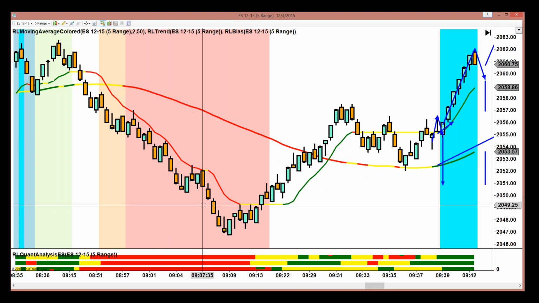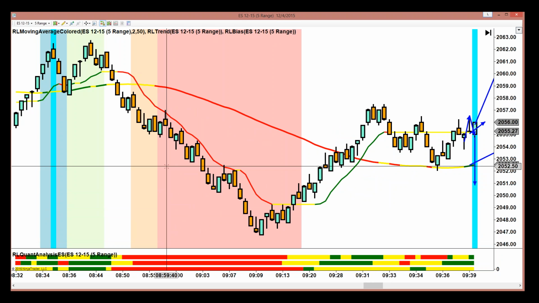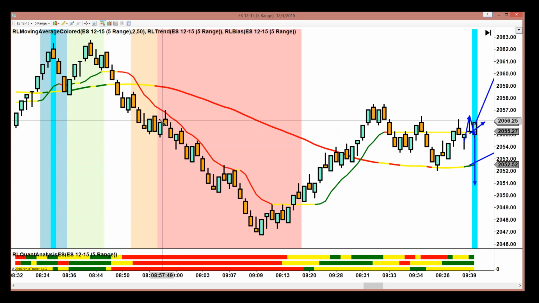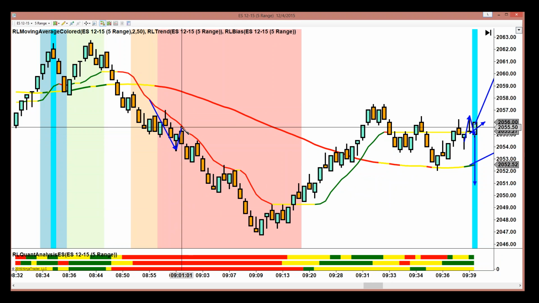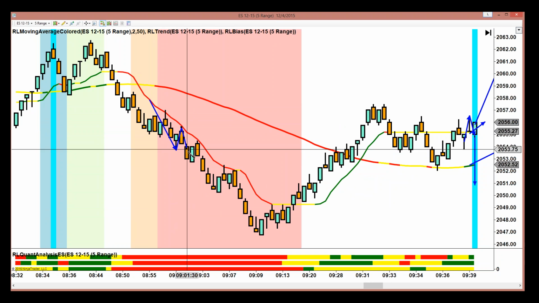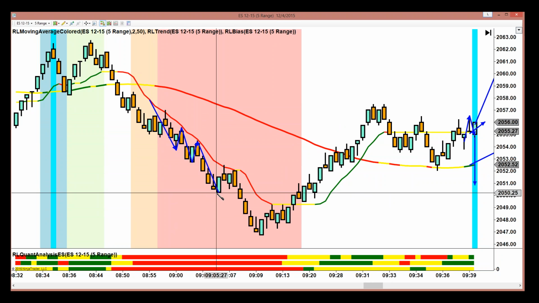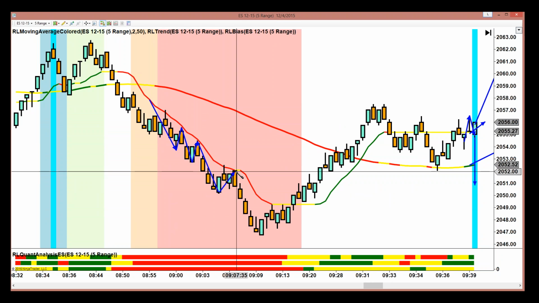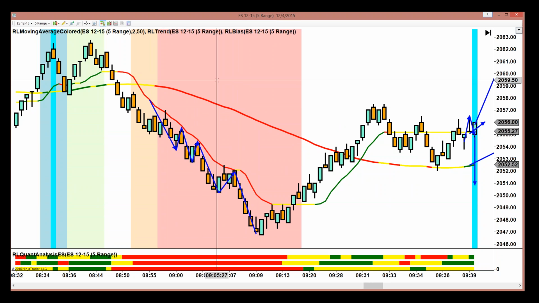And just take a look at this move here. Now this is pre-market, but there's nothing wrong with taking a pre-market E-mini trade. There's the move, and there's the retracement. You get a small move. There's the retracement. You get a really big move. There's the retracement. You get a huge move,